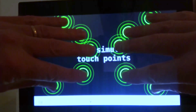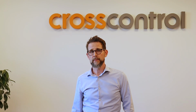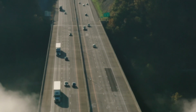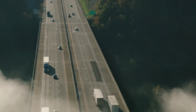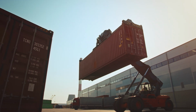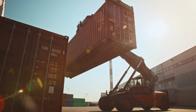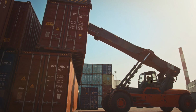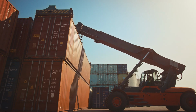Like I mentioned initially, the V700 comes with an IMX8X application processor. This processor family has been widely adopted in the automotive and on-highway markets, and we are proud to be one of the very first suppliers to offer it in a product for off-highway equipment. A key benefit with the IMX8X is its best-in-class graphics performance,